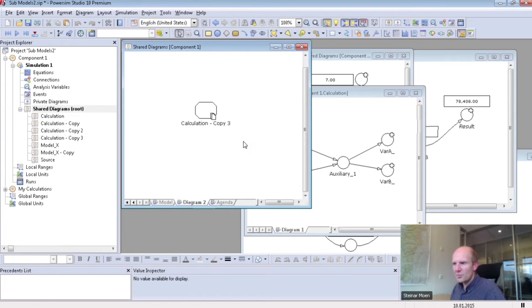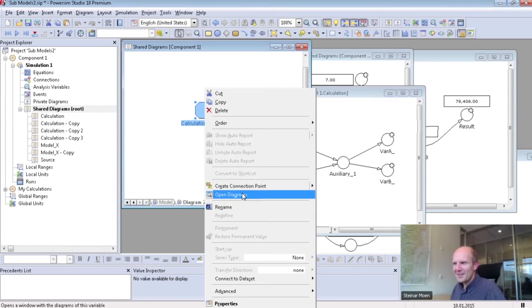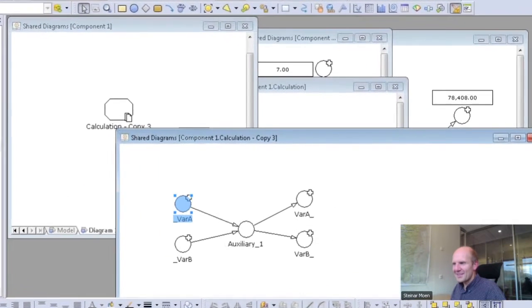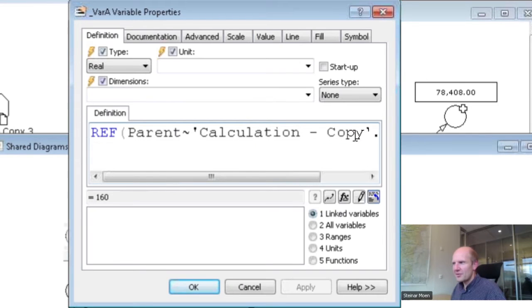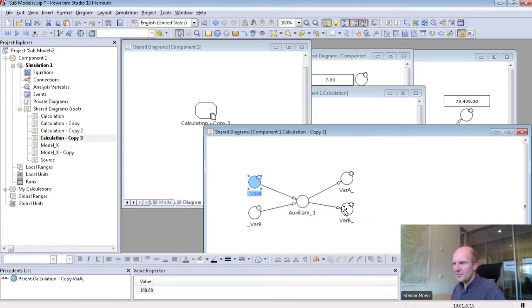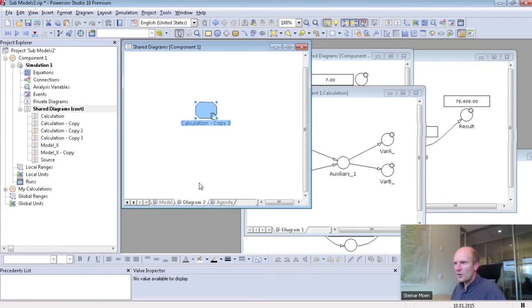It's using the copy because that's the one I copied. If we look in here, see this one, it refers to the copy. And maybe I want to refer to a completely different variable. I copied it in here in diagram 2, and that's not my intention. So this